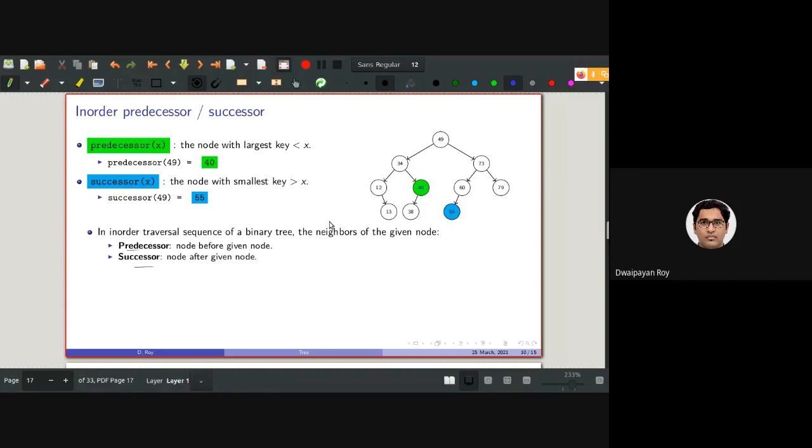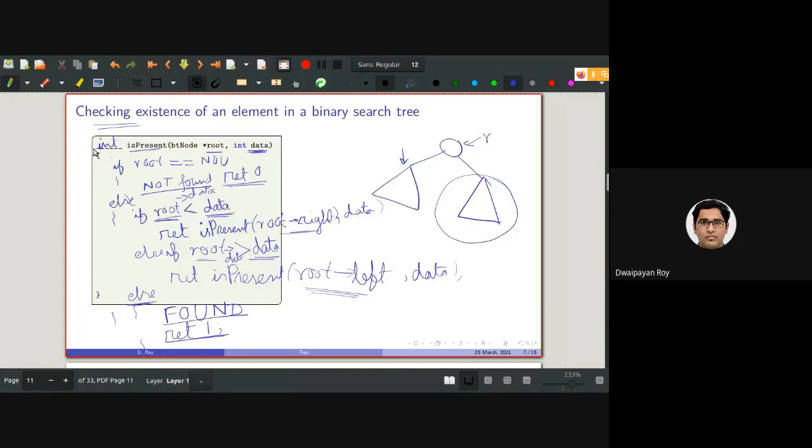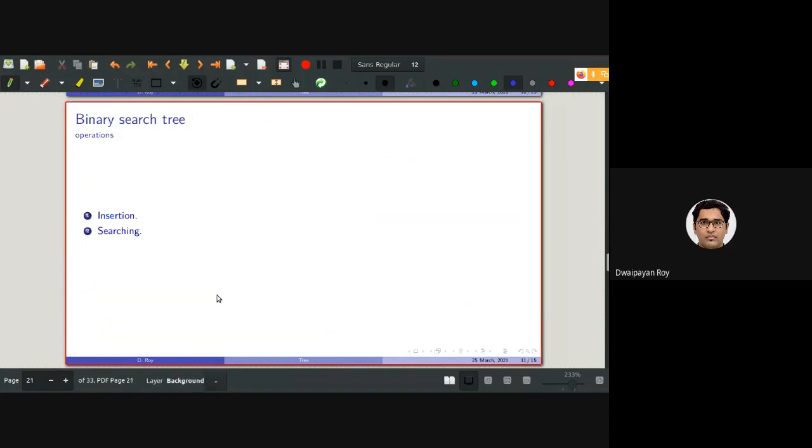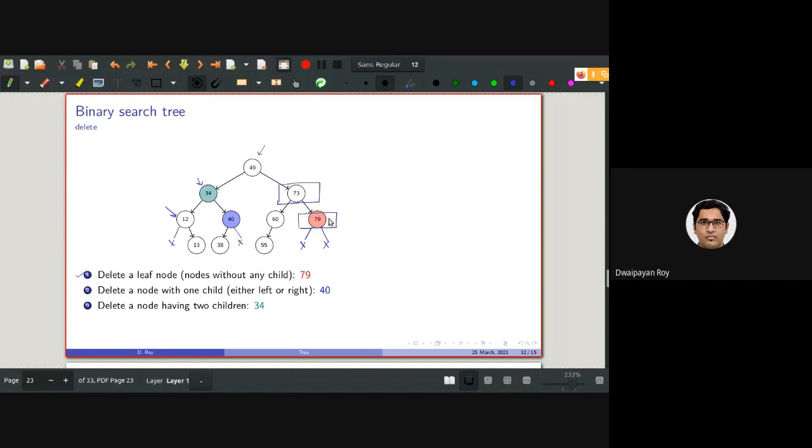So using this search operation, we will be able to check. For example, if I want to delete 79, first of all I need to come to here, right? To come to here, we can use that is-present function. So if I want to delete this, what should I be doing? Initially the left subtree of this 73 is containing this value, isn't it? I just need to make this null. That's it. So basically the tree should be looking like this.